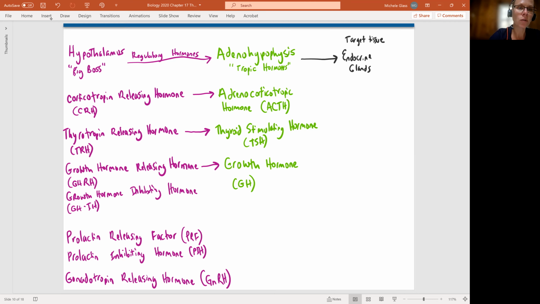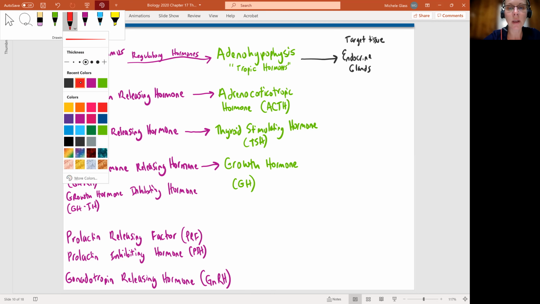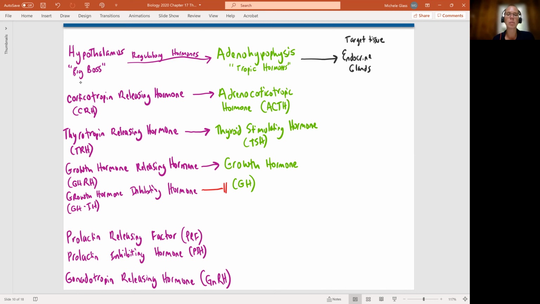When we talk about the growth hormone inhibiting hormone, that one is going to target the adenohypophysis and inhibit the production of GH. So I've done a red line like stop, and very often instead of an arrow, we see in our diagrams this equal sign to show we come to a wall or a roadblock, it's inhibited. So growth hormone inhibiting hormone is abbreviated GHIH, and it's going to inhibit the adenohypophysis from producing growth hormone,